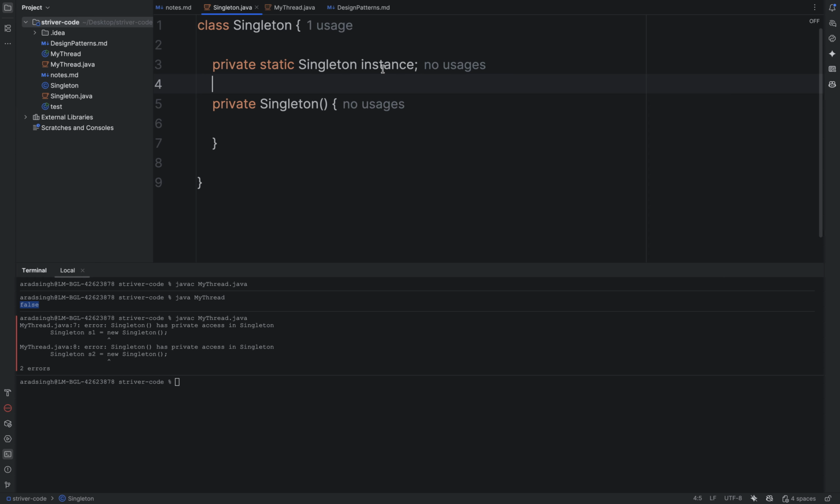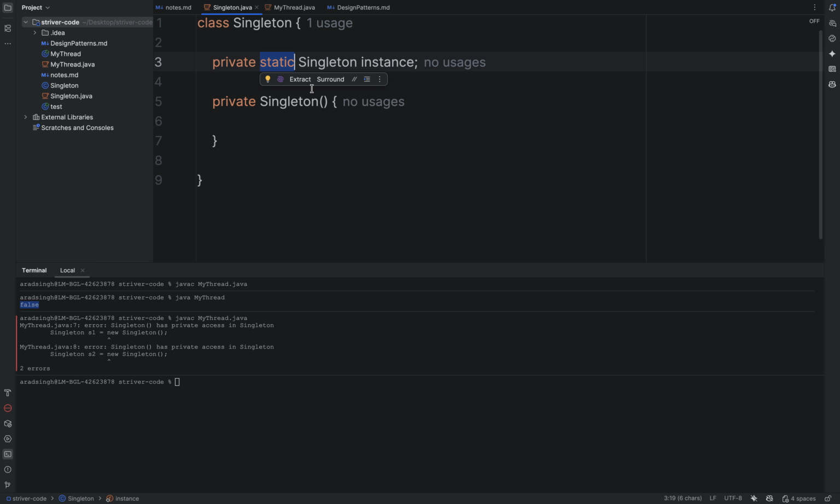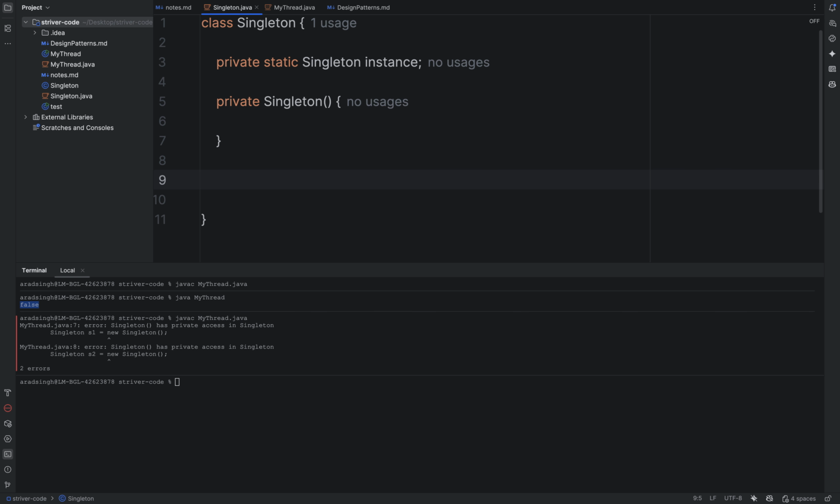This variable will store that object. It is static because we want this to be shared among all the classes, and it is private because we don't want direct access of this instance, otherwise other classes will manipulate this object. Then we will write a method